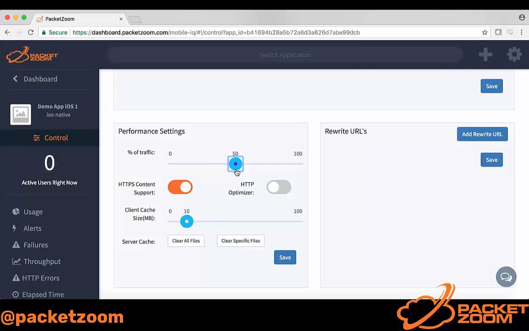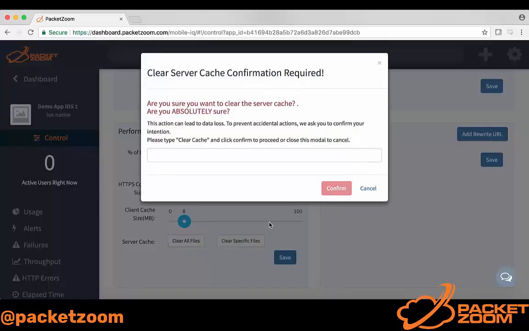Many users choose to start low and ramp up to 50%, and then once they've confirmed the benefits of PacketZoom through A/B testing, turn the percentage up to 100%. Once again, this change can be made directly in the dashboard, requiring no other changes in your application. Mobile Express Lane also includes both an on-device cache and a server-side cache, as well as controls for both. You can manage the size of the client-side cache using the provided slider. You can also manage the files stored in the server cache, both by clearing all files